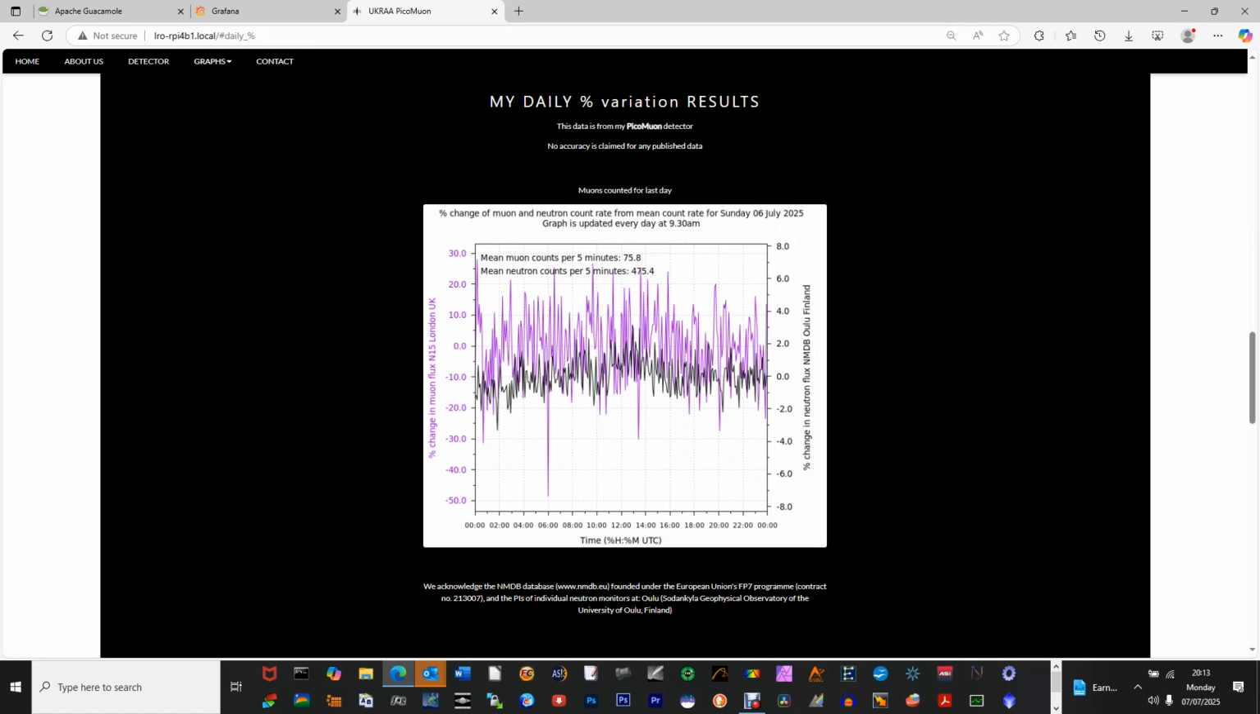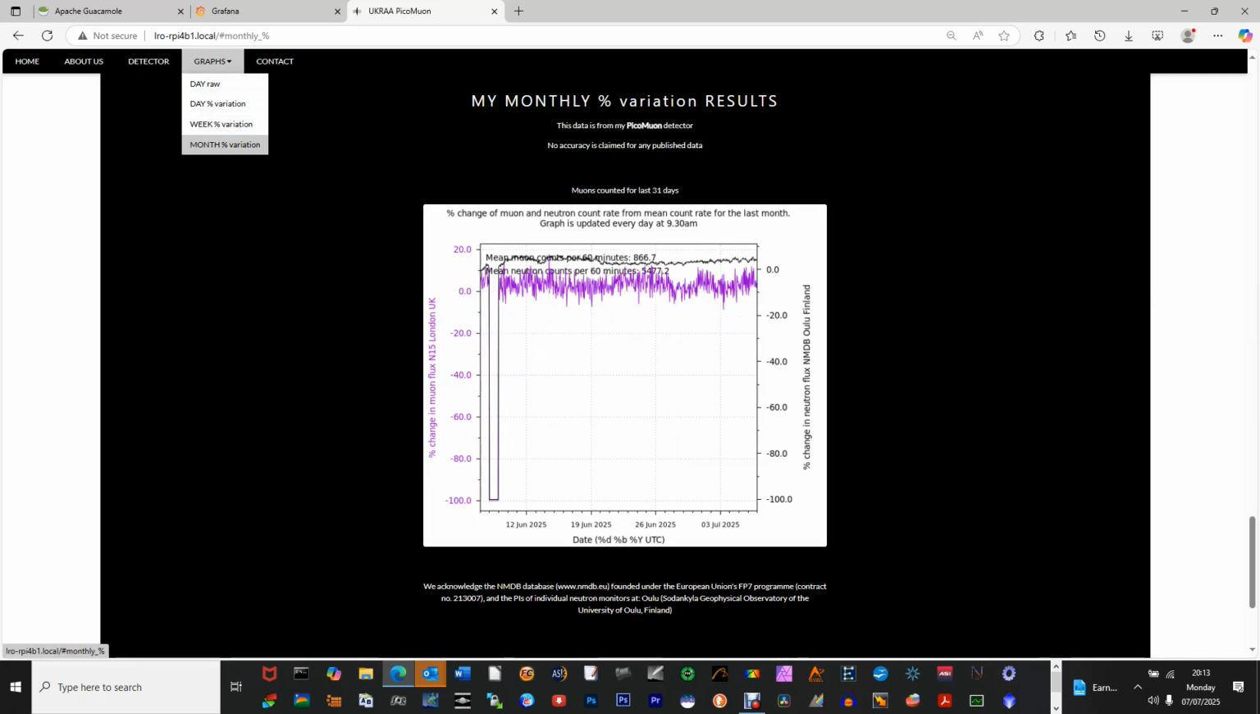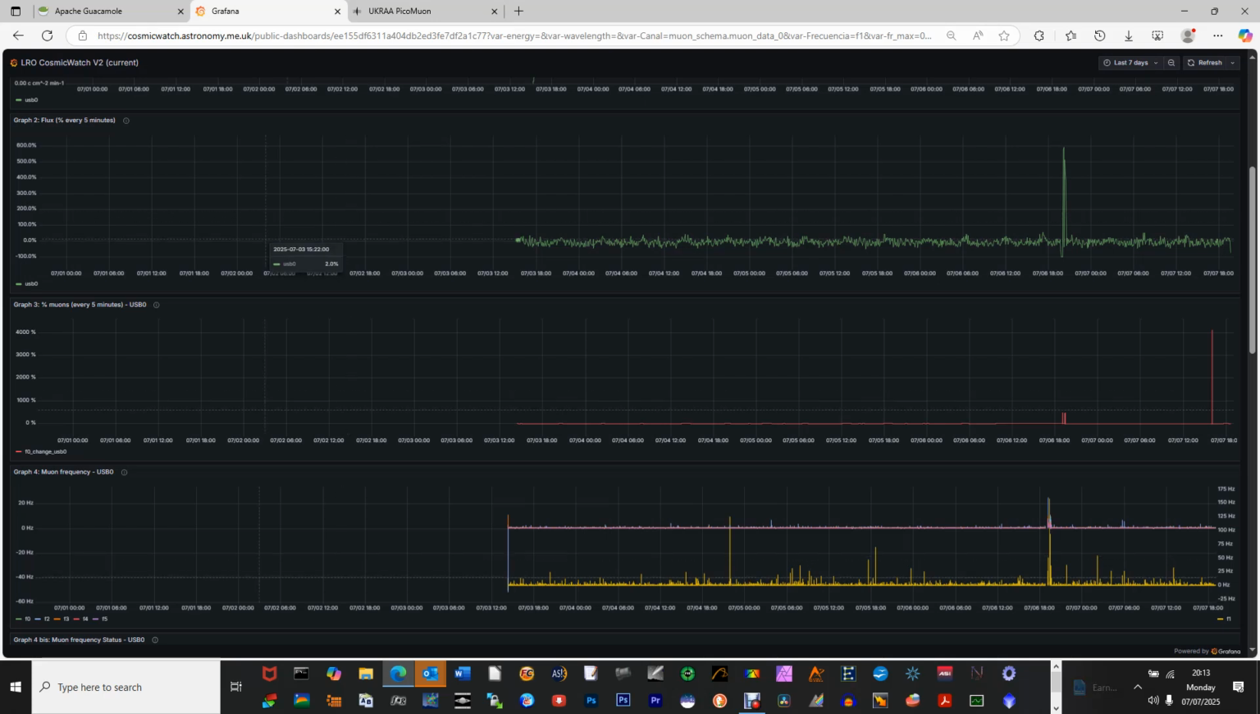Then there's a variation graph compared to Uluru in Finland, and the last week, and the last month. You can see where it got turned off at one point. So that's the Pico muon detector, but the Grafana dashboard is the one that's picking up those older muon detectors,